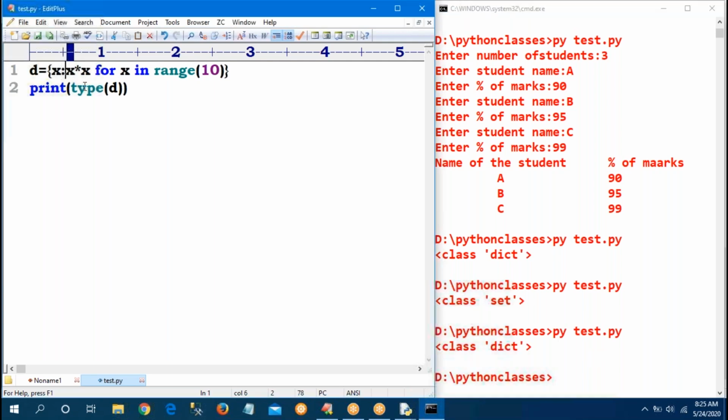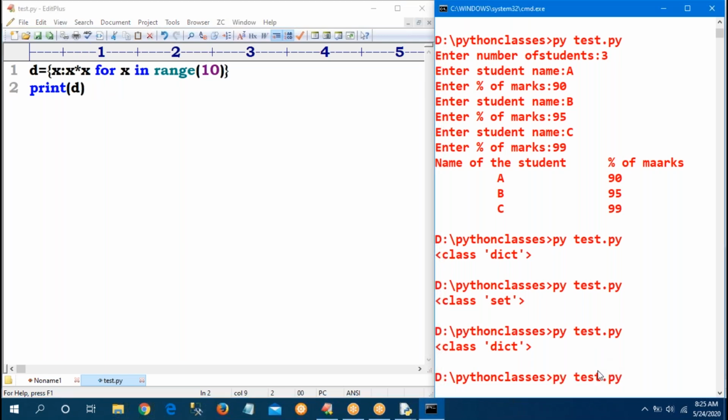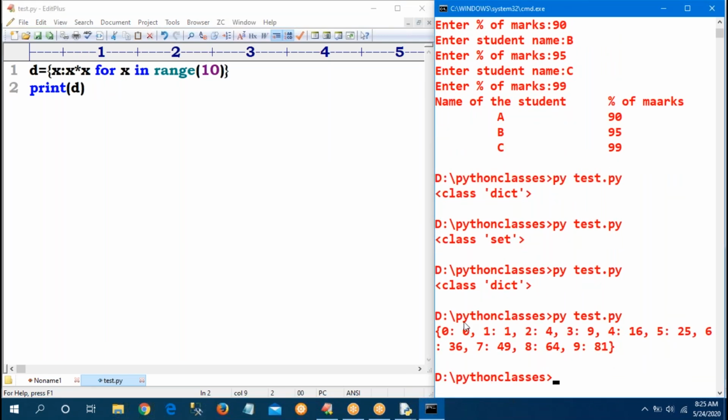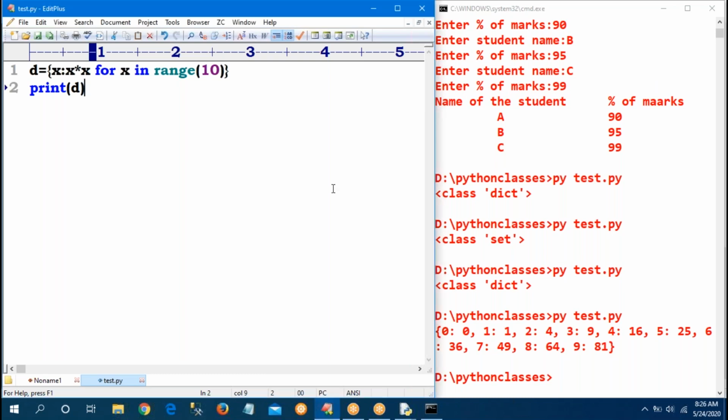I want to print the values, remove the type. Just ask about your values. That is called key value: 2 square, 3 square, 4 square, 5 square, 6 square. That is called dictionary comprehension. So comprehensions are available in list, in set, and in dictionary. Tuple does not support comprehension.